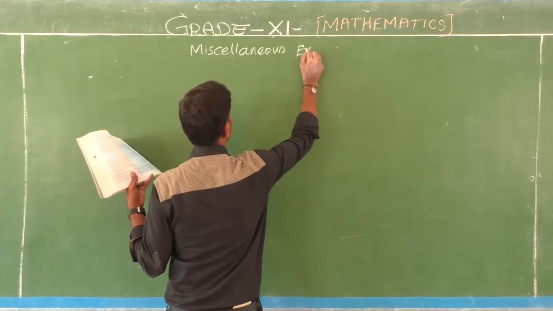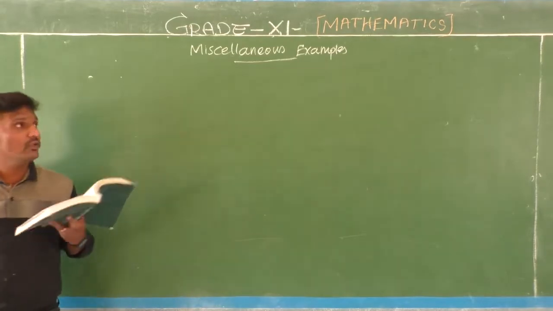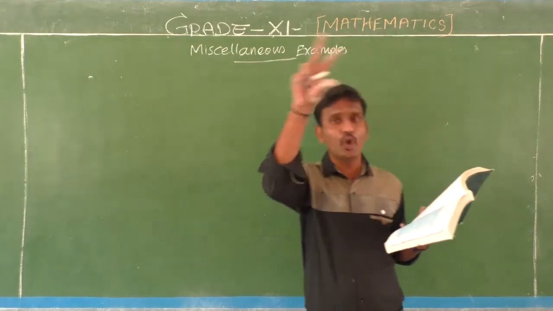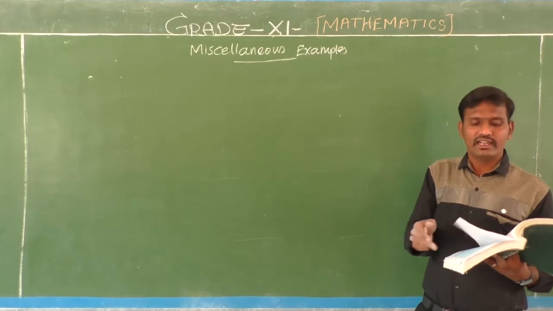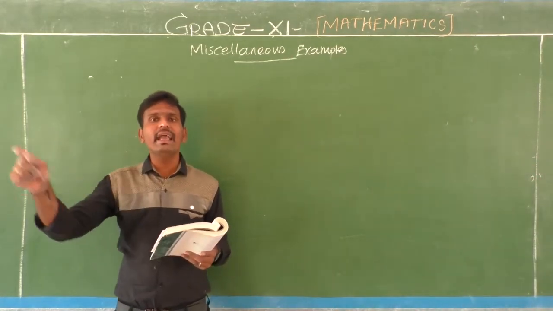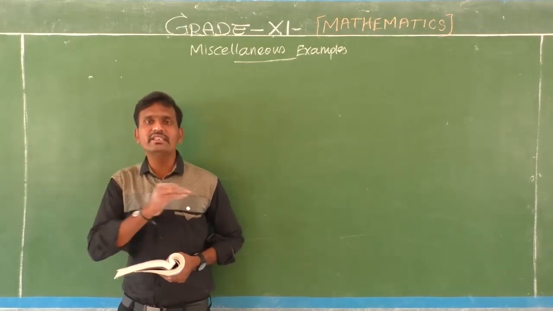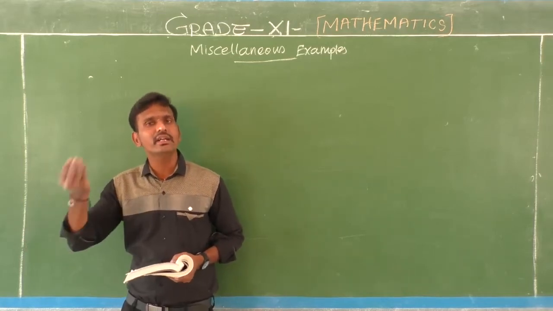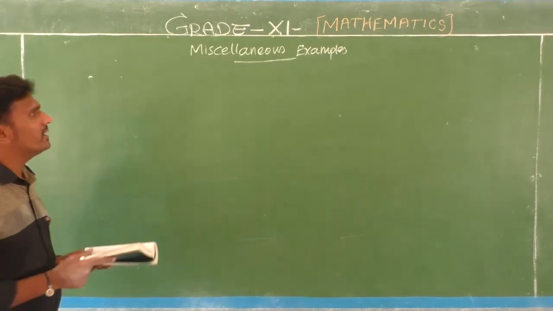So in that exercise, I already told you why you have the miscellaneous exercise. When a chapter has an exercise containing only questions, it is called miscellaneous. Okay. So first, I am giving you the pattern of AP and AS. What is AP? Arithmetic progression and arithmetic series. This pattern of sums we are going to see in this class, and in the next class we will complete the topic of GP and GS, which is geometric progression and geometric series.